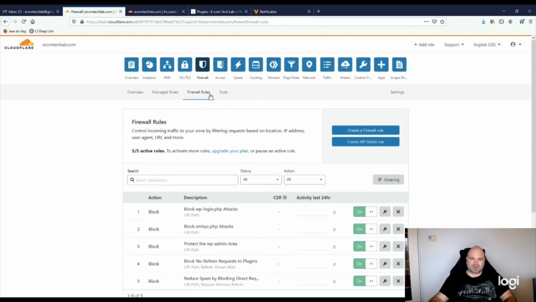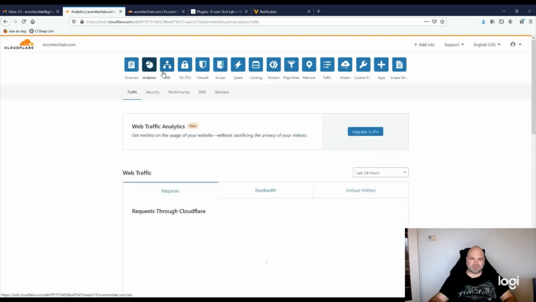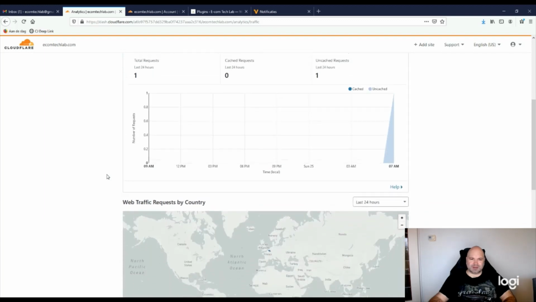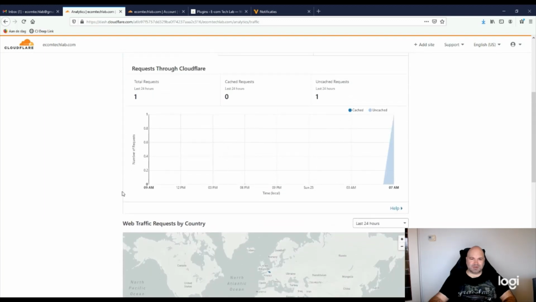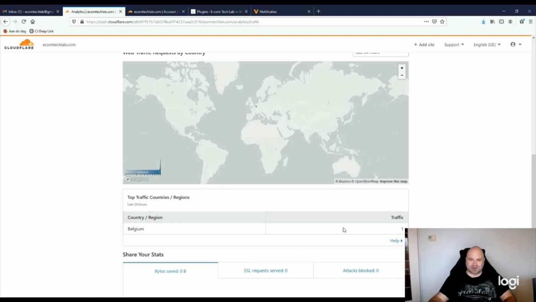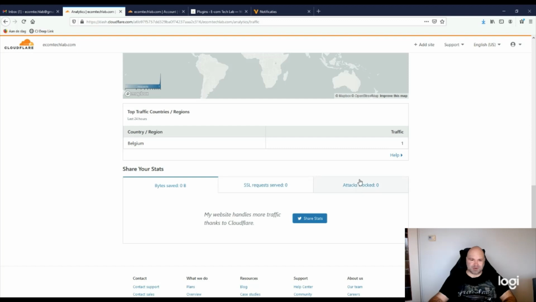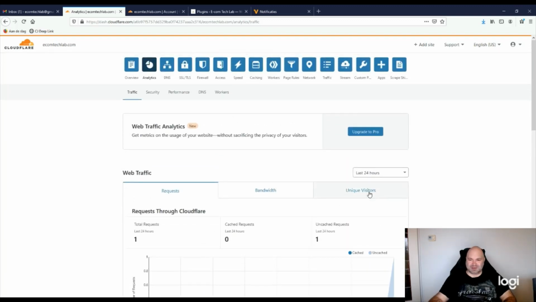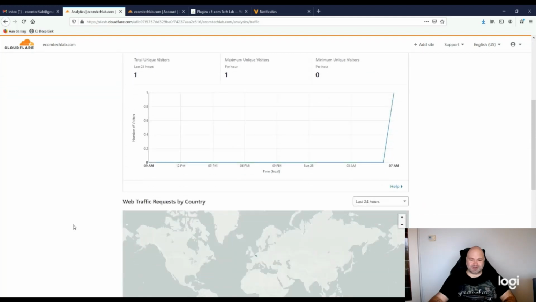And if you would want to get insights into analytics, you can click on this button right here, and you will see a lot of other analytics like traffic that's routed through Cloudflare proxy. If you have a lot of traffic coming in, you can see from which countries in the world. Right now it says Belgium, so that's actually funny because I'm in Holland. This is also a nice thing. You can see the unique visitors,